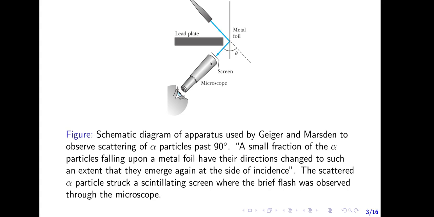That is, they were scattered at angles more than 90 degrees, 180 degrees actually. So they came in like this and they were deflected back. Although that was observed for only a few of the alpha particles, this gave the data, that's Geiger and Marsden, they gave the data to their supervisor Rutherford, and his own interpretation was that the